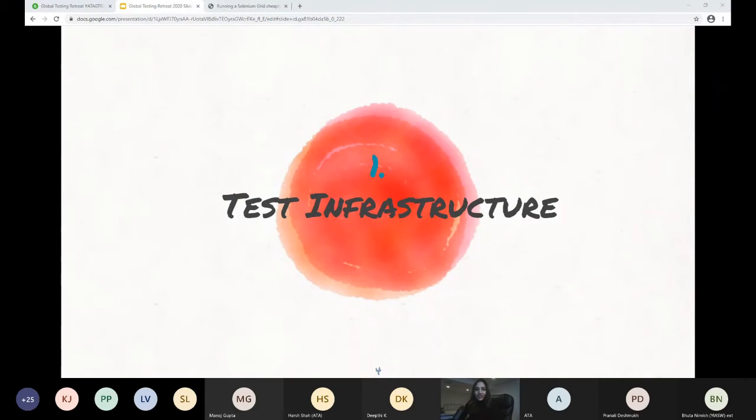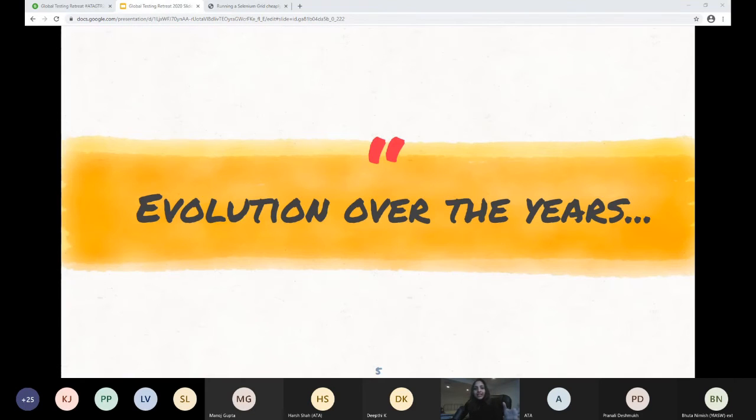So beginning our talk today with test infrastructure. Since we're going to be looking at how to manage infrastructure as code, let's quickly take a look at how we handled test infrastructure throughout the years so far. Back in the days, anyone could spin up a Selenium server on a spare machine under their desk and call it a day. Right? But now times have changed, and there are so many moving parts and need for efficiency as the company grows that it all needs to be very effectively managed.